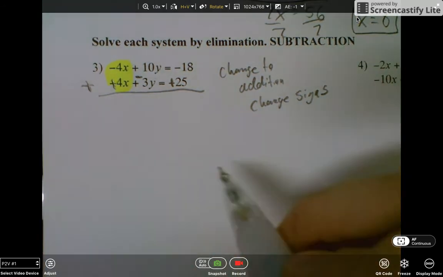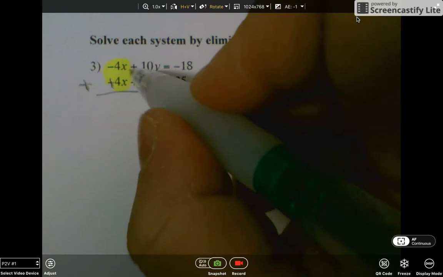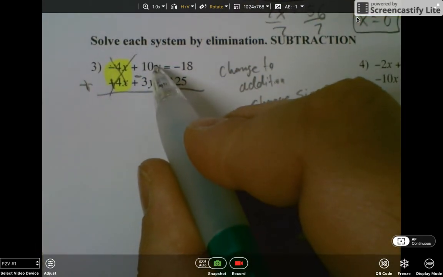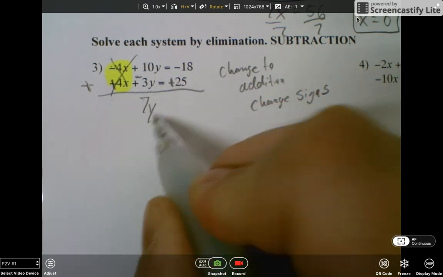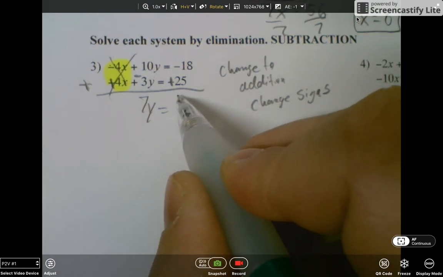I'll go back to what I was doing, just like I did in example 1. These now will eliminate. I'm now subtracting by addition, so this would be 7y. And here I would be left with positive